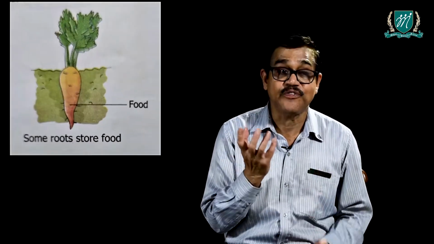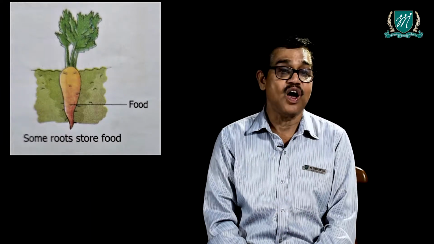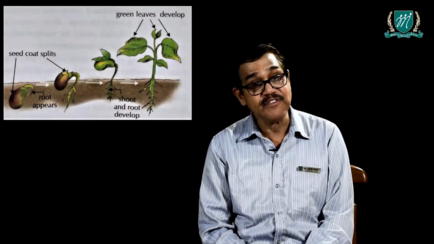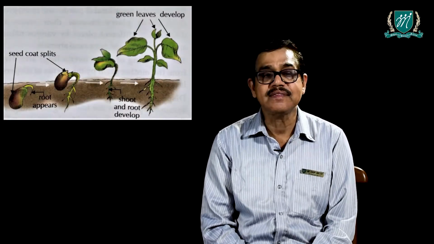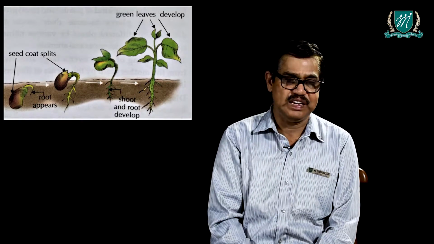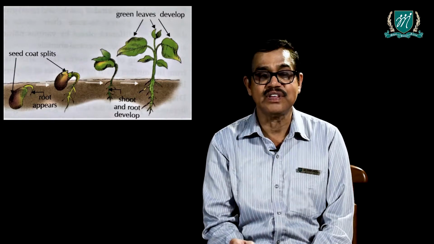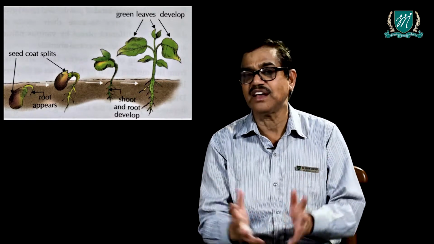As I said, the food that is prepared by the plant is stored in different parts of the plant. The roots also store it, the stem also stores it, and the buds and the other parts also utilize it. Life cycle of a plant. Plants begin their life by germinating from a seed. The basic duration for which a plant lives is called the life cycle of the plant.